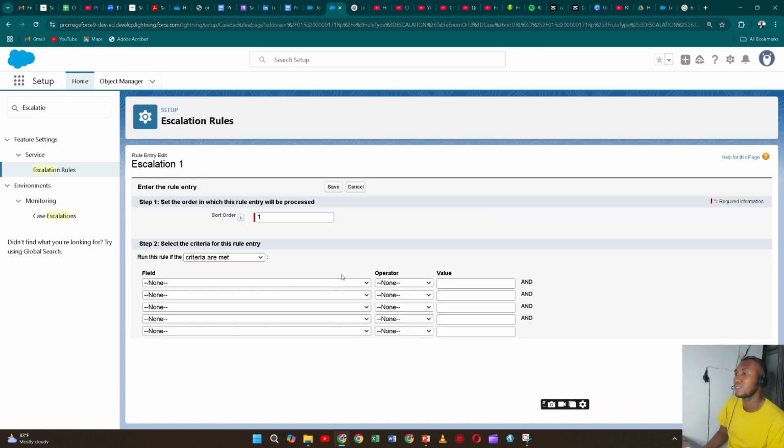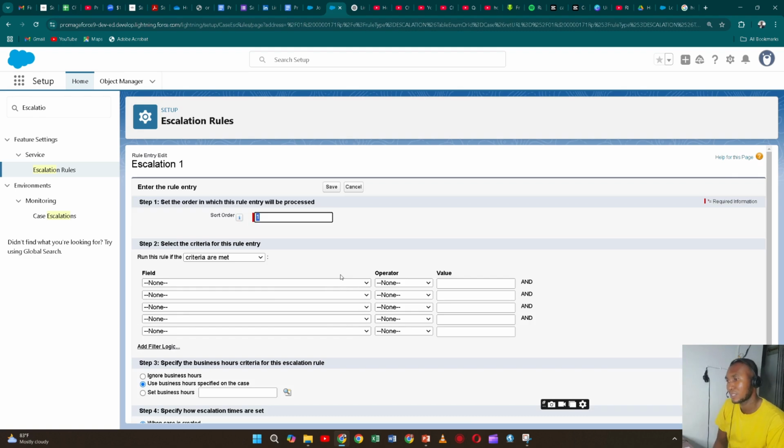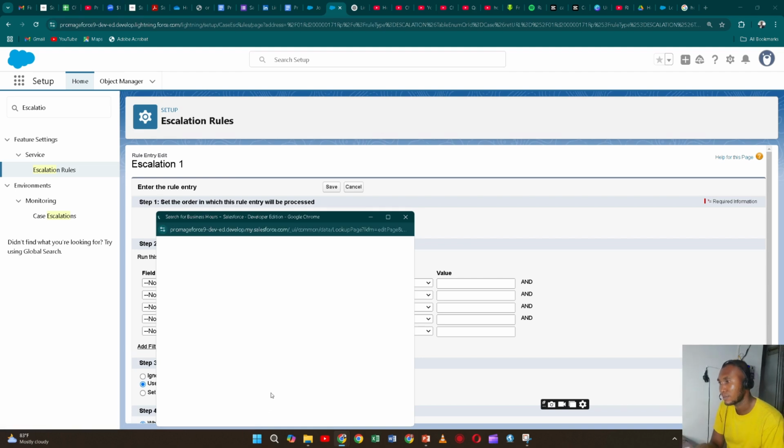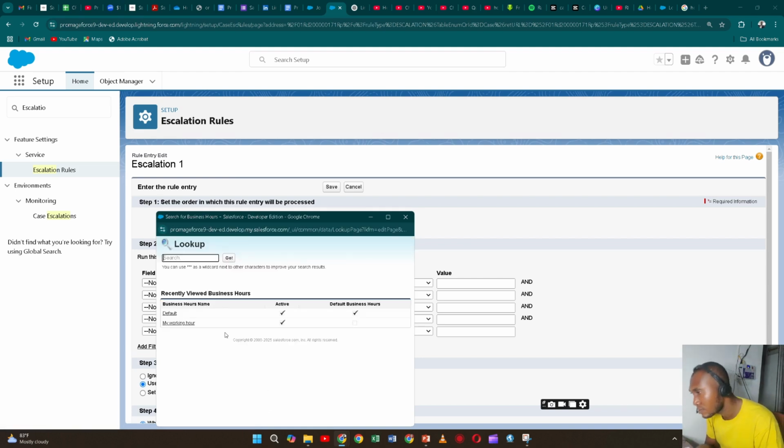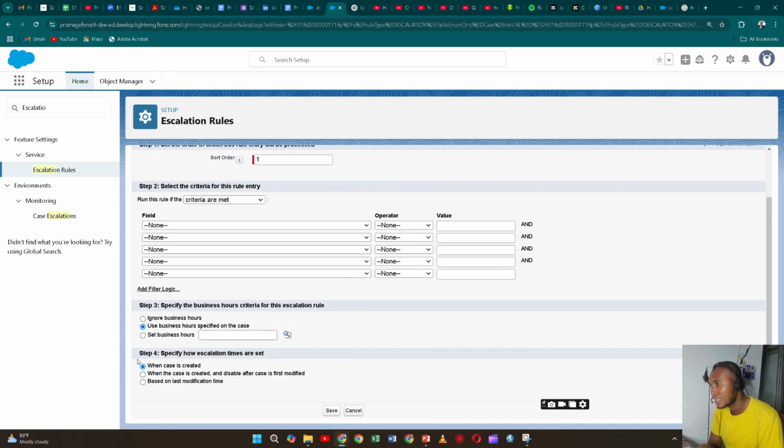It should give me where to enter the timing. Okay, so I'm going to click on this search bar, working hours, and so on. So if I say I want to set business hours,